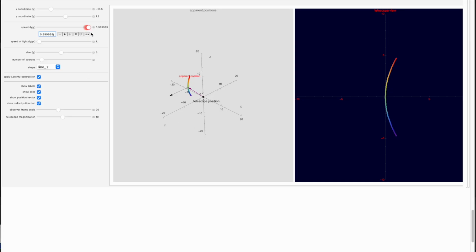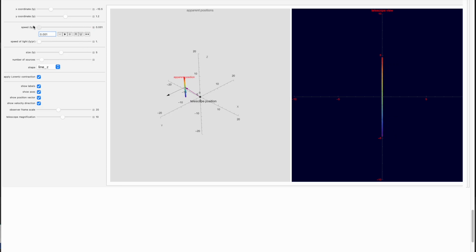We can also change the type of line. Let's go back to small. Let's now take a line that is oriented in the direction of motion. This is another interesting case. So I'll go Y. So now the line is parallel to the direction of motion. Now let's see what happens here. Again, crank up the speed.